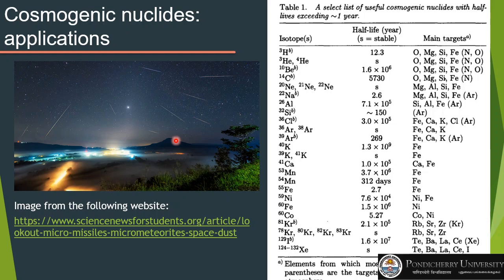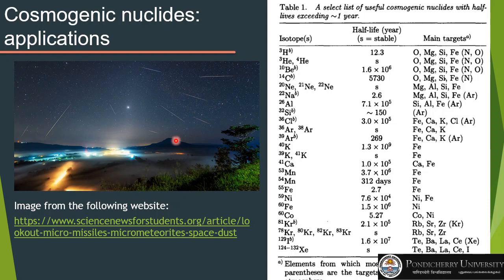So that has its own implications in terms of the trajectory of the meteorite and how it was traveling before it came. So there are a lot of interesting applications which people do by doing the exposure age dating. And not only that, in meteorite cases, people even do some dating which they call terrestrial dating, particularly for those meteorites which have been exposed so that the cosmogenic nuclides could develop to the saturation limit, and once they fall on the surface of the earth, then those cosmogenic nuclides are decaying.